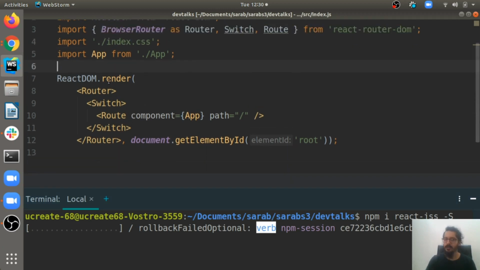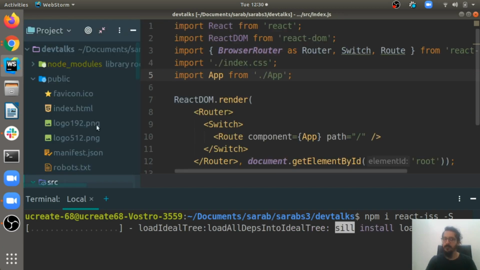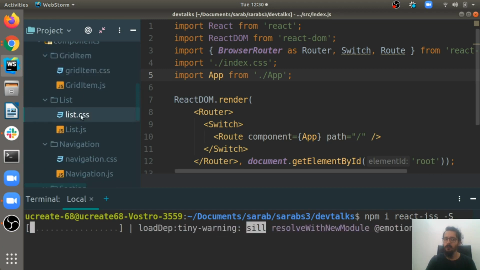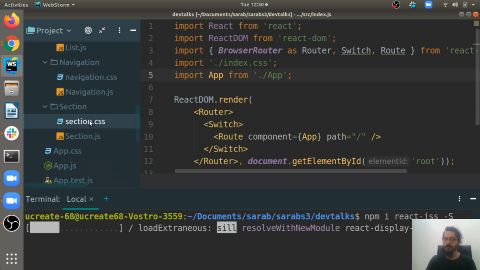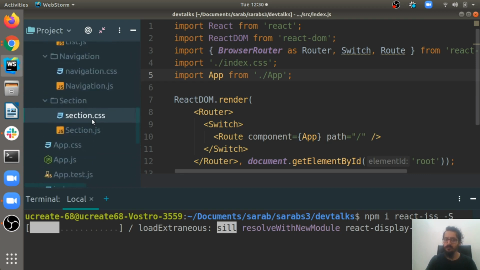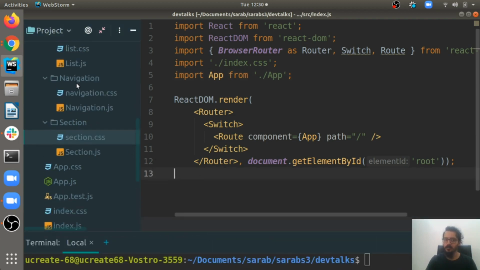You can see I have made this project using simple CSS files. This is my project directory. I have different components, and for every component I put its CSS separately in the directory. Now we will get rid of that CSS file and create a JS file that will contain all of the styles. Till the time it is installing, let's jump into one of our components.